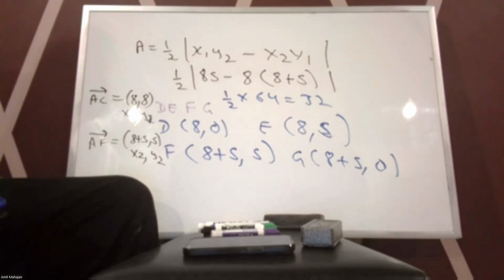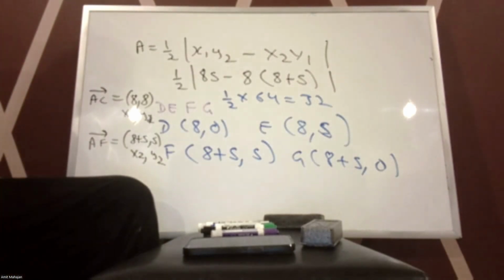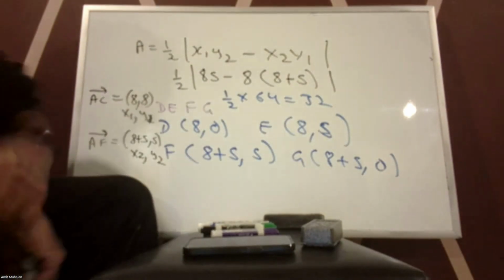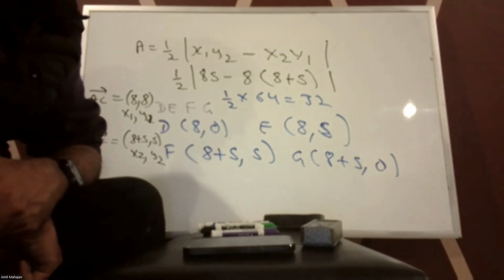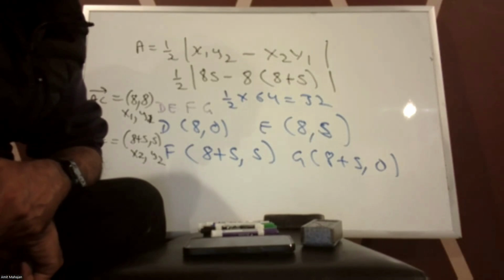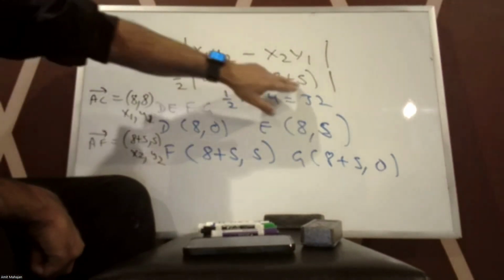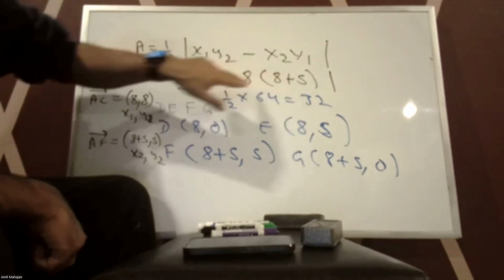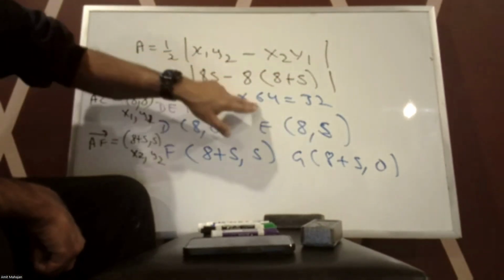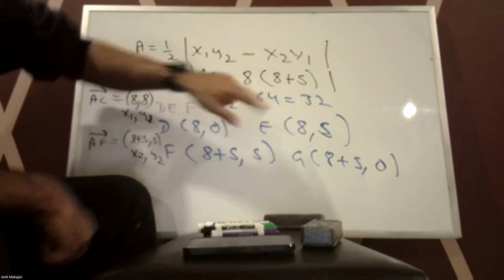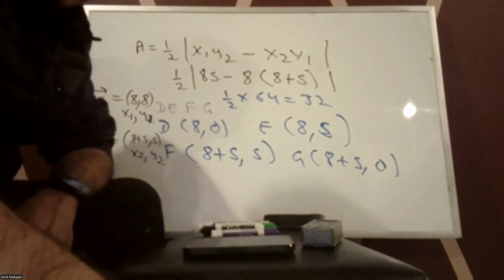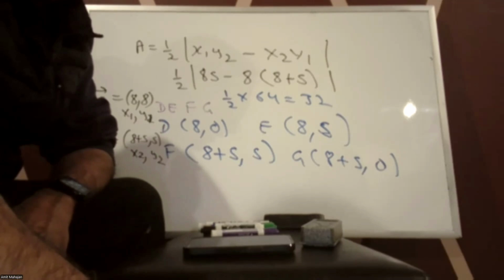How did I get that? Satvik, do you want to unmute and say? Did you distribute? Yeah. So all I did is 8s minus 64 minus 8s. 8s will cross out. The absolute value of negative 64 is plus 64. 1/2 of 64 is 32. So the area of that triangle was 32. All right. Now, guys, the reason I brought this problem up, and this